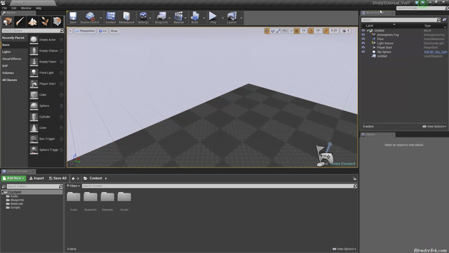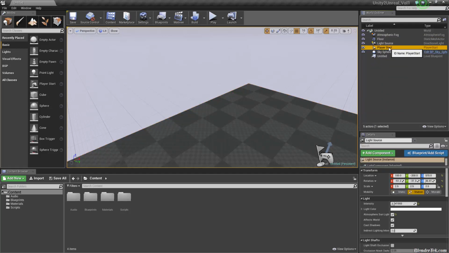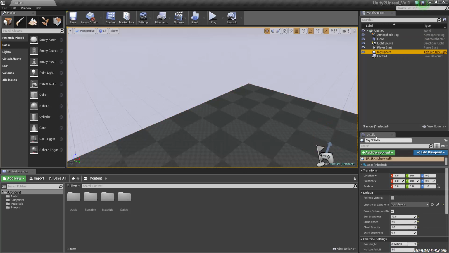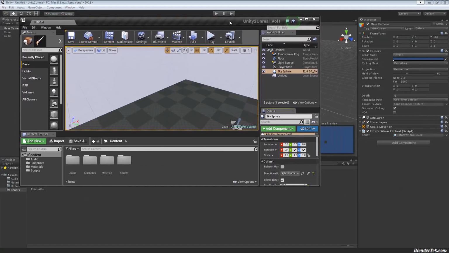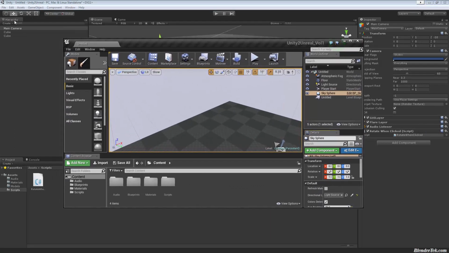So essentially the world outliner is your hierarchy window, and then the details tab is your inspector. And I'm saying that from the Unity view. So if we make this smaller for a second, what I consider the hierarchy window in Unity that lists all the objects in your scene, I compare to the world outliner in Unreal.